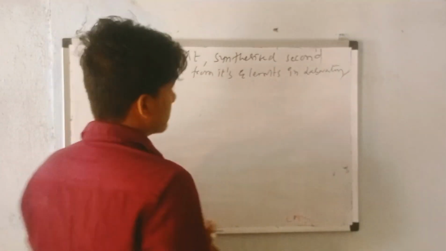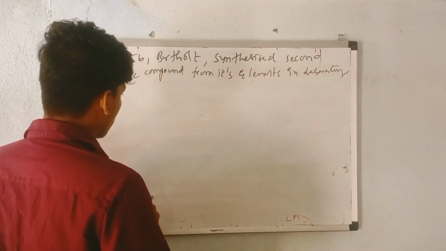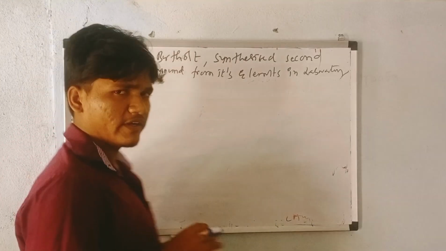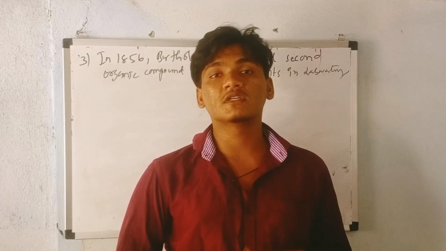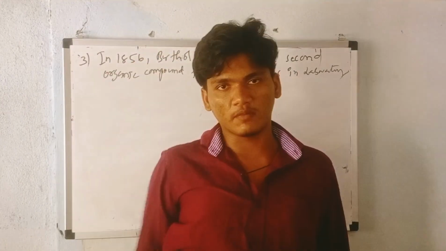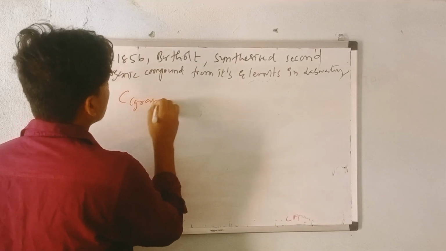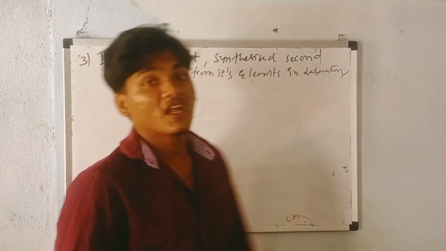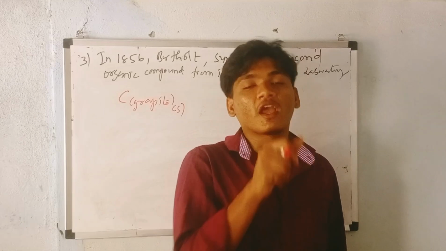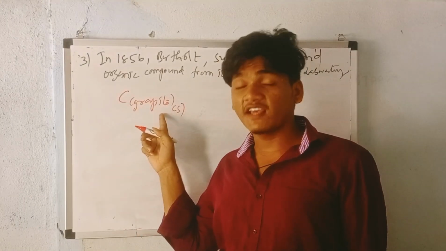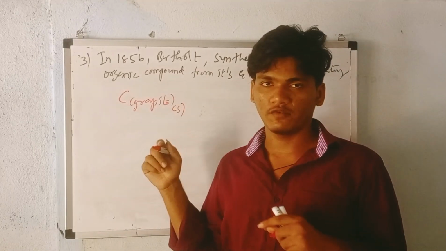Now, what he synthesized was methane gas. You know methane gas, right? It's a hydrocarbon. What he did was take graphite. What is graphite? Carbon has many isomers, right? It has diamond as an isomer, and graphite as another. So graphite is one of the isomers of carbon, and it exists in solid form. Carbon exists in many forms. Carbon dioxide is in gaseous form, but graphite exists in solid form, and diamond also exists in solid form.